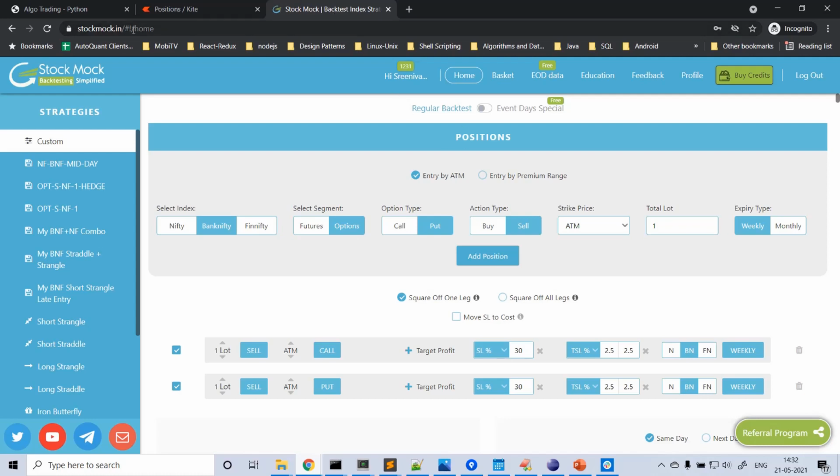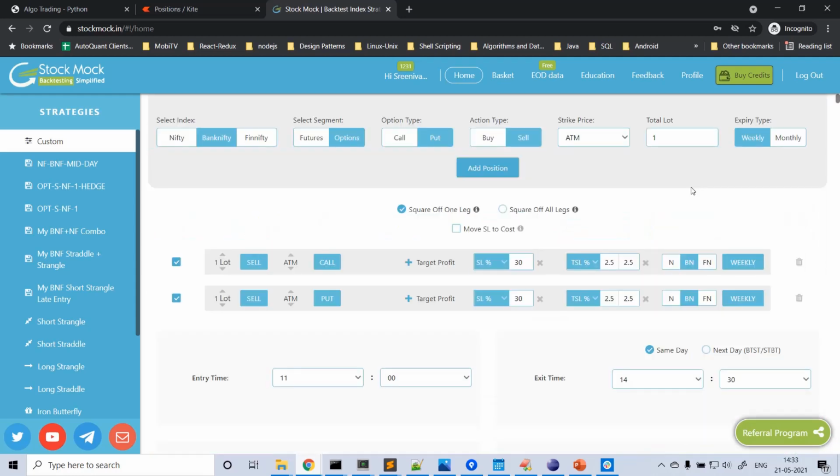If you go to stockmark.in, you can backtest option strategies here. This is not my endorsement. I don't have any relationship or contact with this person, and this is not a recommendation at all. I just use it for my own purposes sometimes, if I need help backtesting option strategies based on time. Let's say you enter at this time and exit at that time. For Bank Nifty call option and put option, I did some backtesting here.